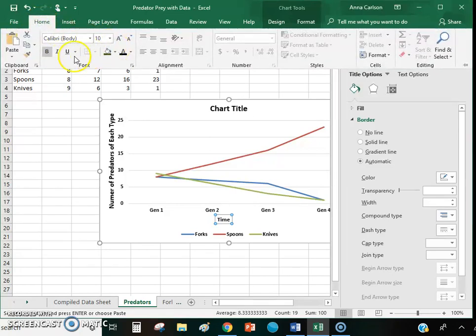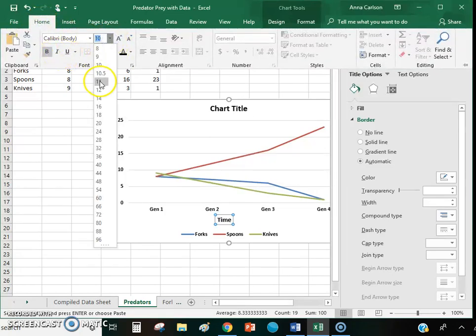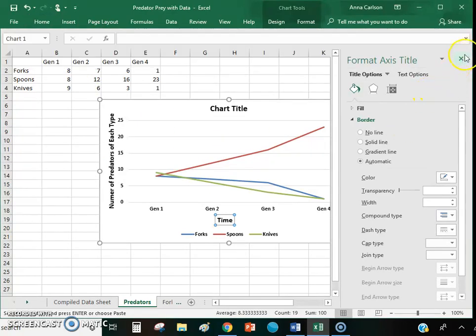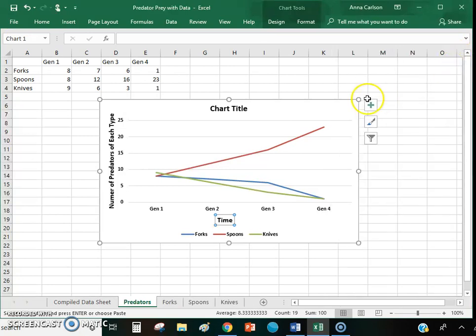Okay, again, I'm gonna make it bigger, and I want to get rid of this so you can see more. Okay, all right, so I give the chart a title. Let's not call it chart title, right? So what is this graph showing? That's what you need to figure out. And to me, what I see when I look at this graph, number of predators of each type changing over time. So I think this is basically showing change in